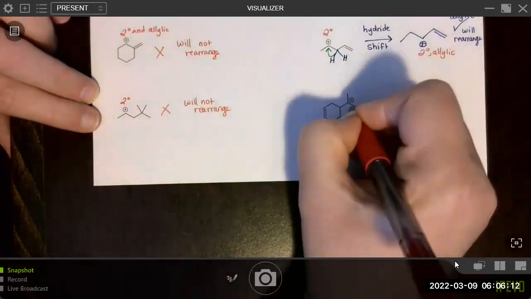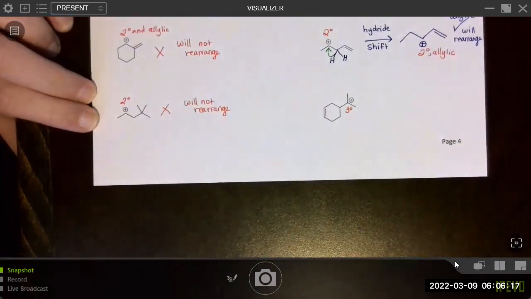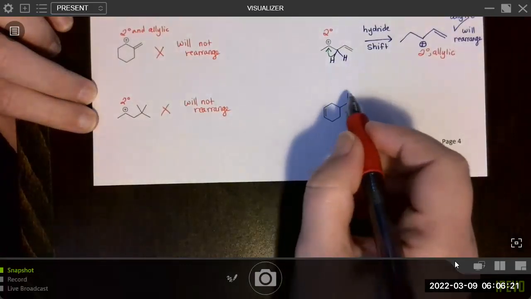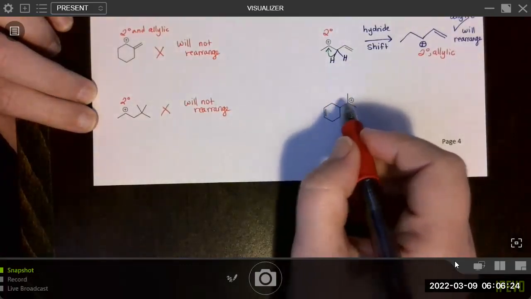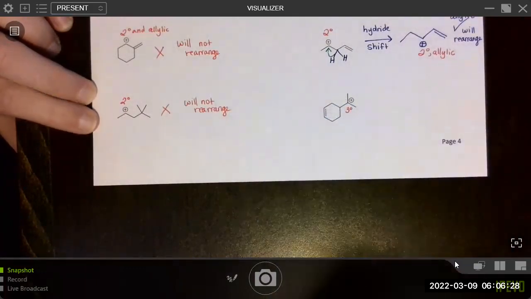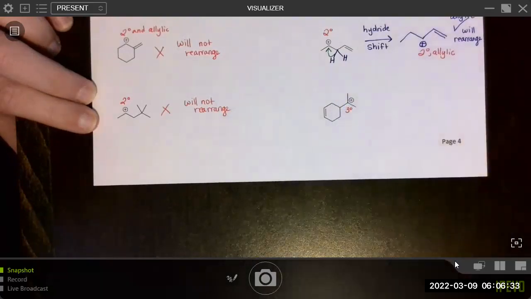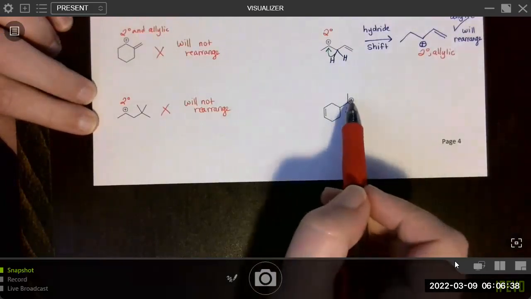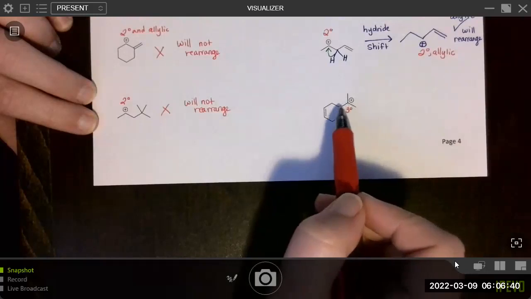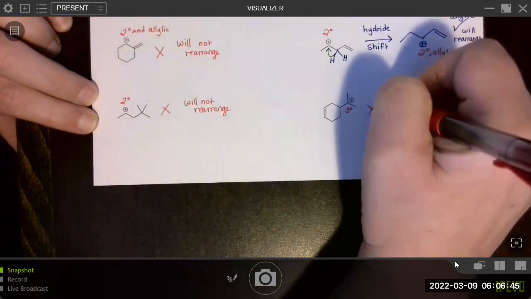And then over here, we have a tertiary. And again, the tertiary carbocation will only rearrange if it can become allylic. But recall, there's only time for one shift. So we can't shift one and shift another one so it becomes allylic, right? So if you can't get it allylic in one shift from a neighboring carbon's hydride or methide shift, then it will not rearrange. In order for this to get over here and be allylic, it would require 2 shifts, and there's just not time for that. So this one will not rearrange.